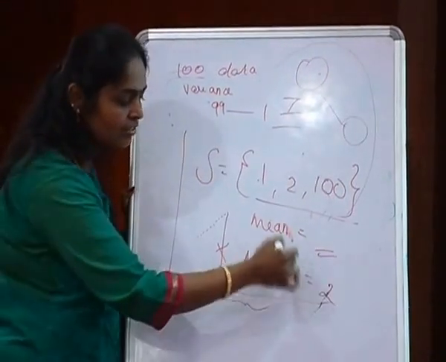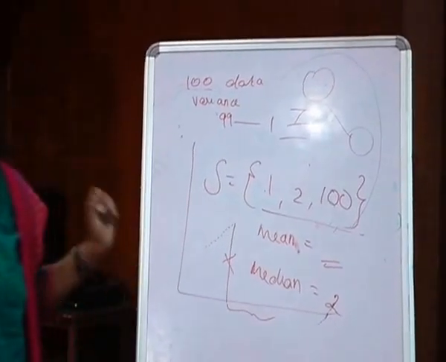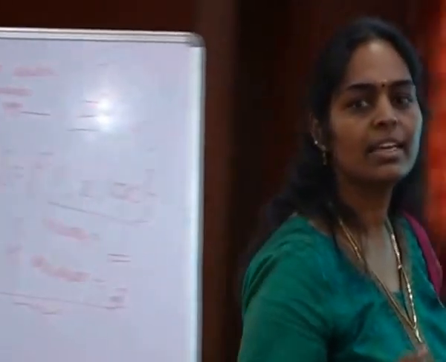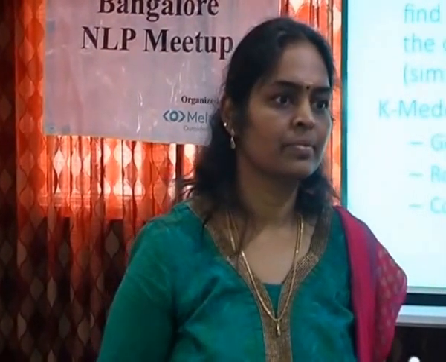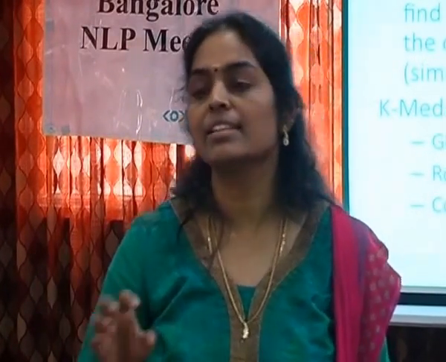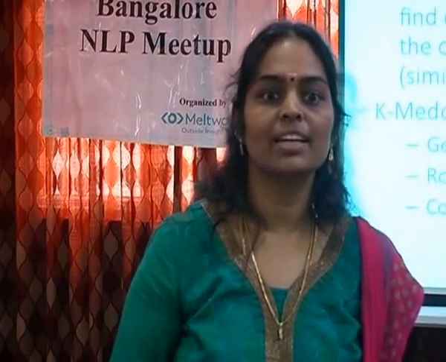So I have a median. This k-medoids, what it does is, it tries to find the value which is closer to this mean. And the restriction is that it has to be there in the data set. The value is part of the data set. It increases the quality of the cluster because it is part of the data set.